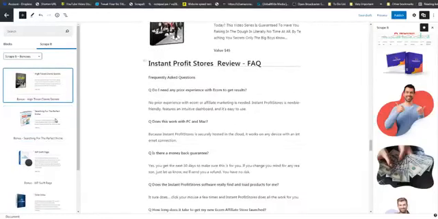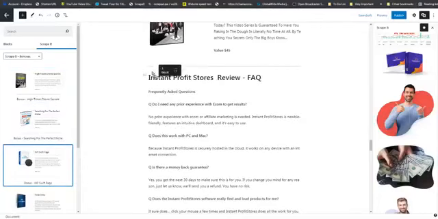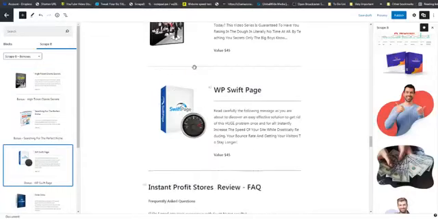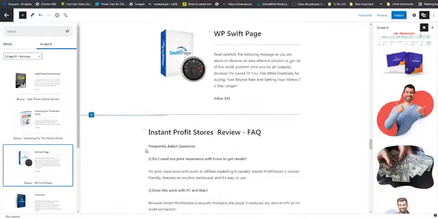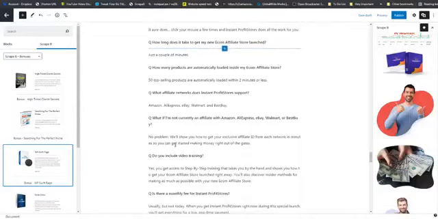One right there, drag the other one and, just make sure you see the blue line, put it right there, so you can see we have our bonuses. Below you can see we have the frequently asked questions,